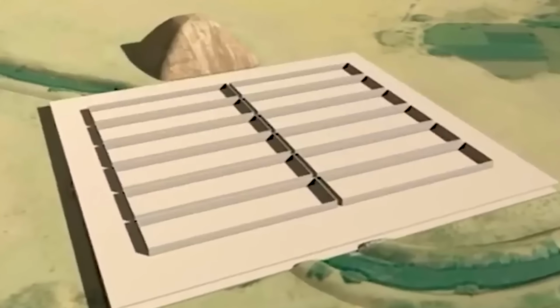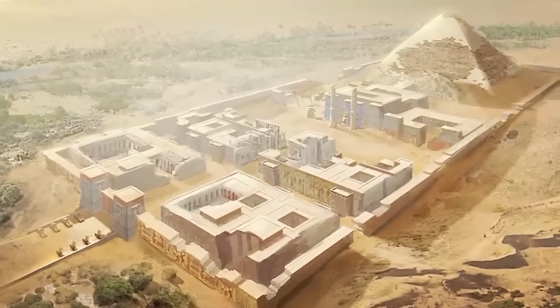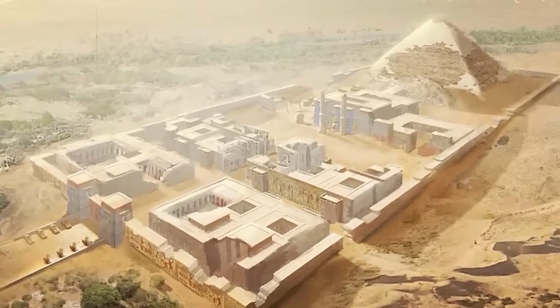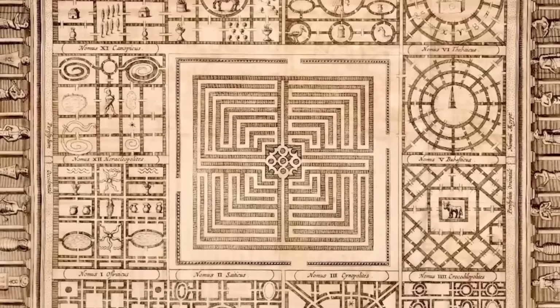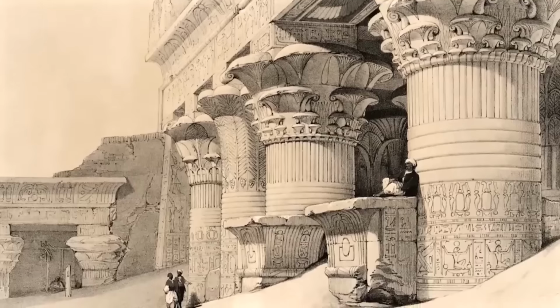Experts believe this labyrinth holds clues to ancient rituals and showcases the advanced engineering prowess of a pre-pharaonic civilization. Could this be the fabled Labyrinth of Egypt? Get ready to be amazed as we unravel this ancient enigma and its profound implications for understanding the rich tapestry